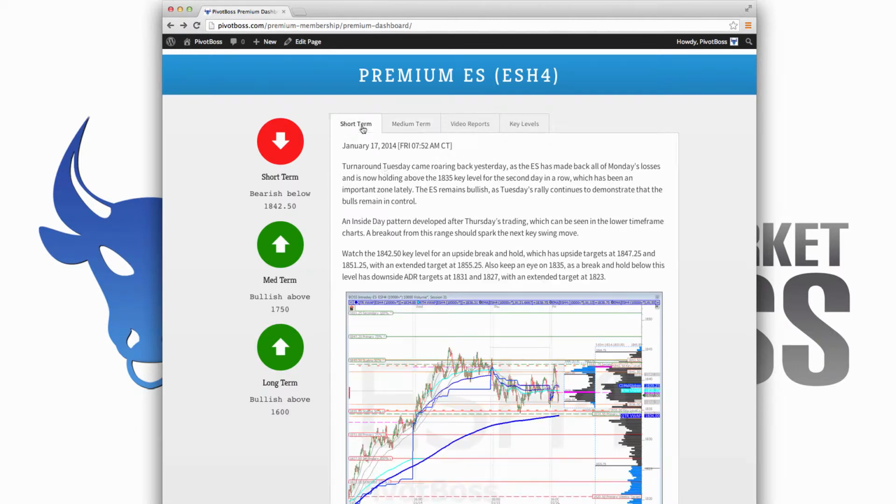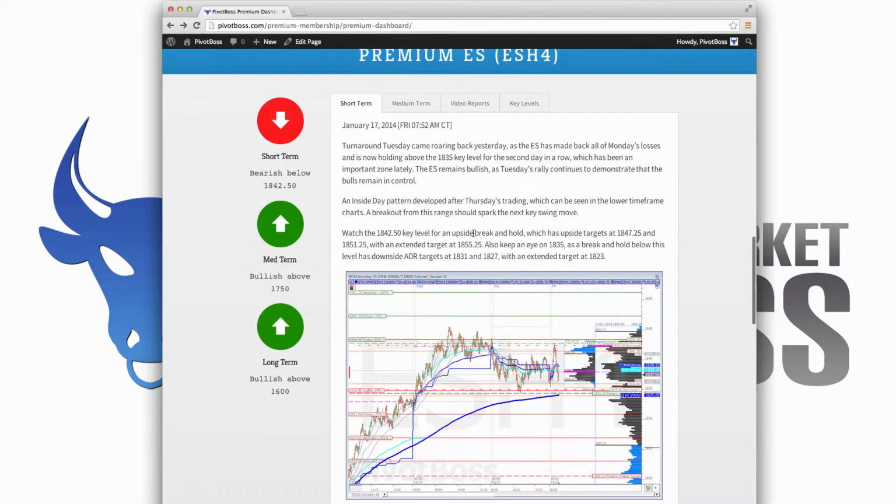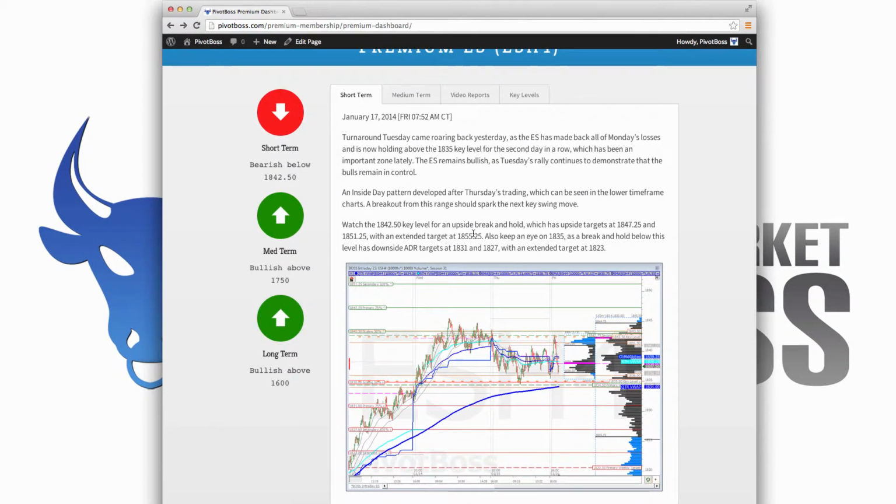For short-term commentary here, this is basically very short-term commentary for early in the morning or maybe for the day. I call out my key levels along with targets in both directions in case key levels are violated one way or the other. The key levels are usually dictated by obviously my key level